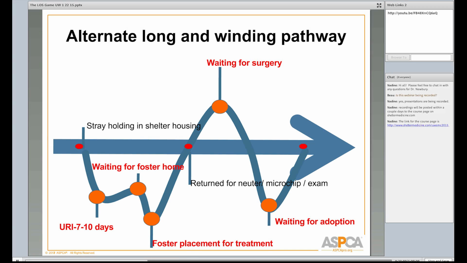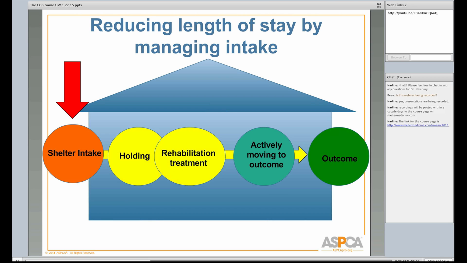Now they're waiting for adoption, and in the end, what we hope is that they still would have the same outcome. But in many shelters, this many detours could end up meaning that they wouldn't still be saved, because the amount of resources involved in getting these animals through this bumpy pathway is much greater than getting those same kittens through a really nice, straight, smooth pathway. So that's just one example.